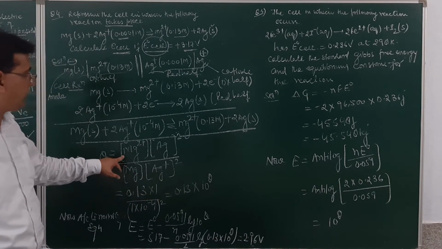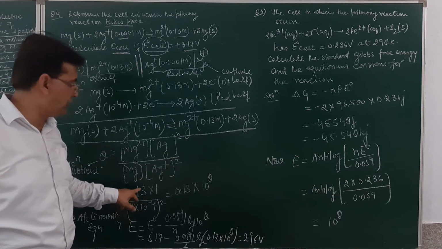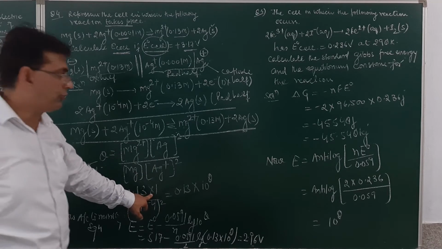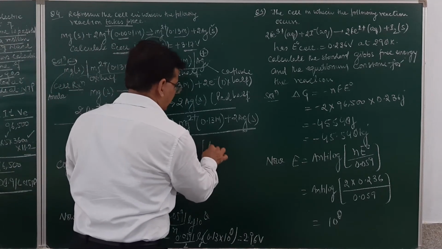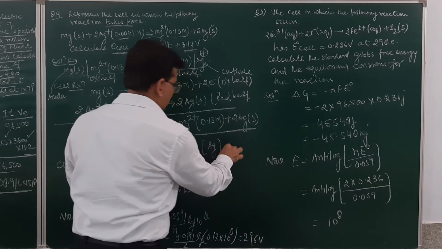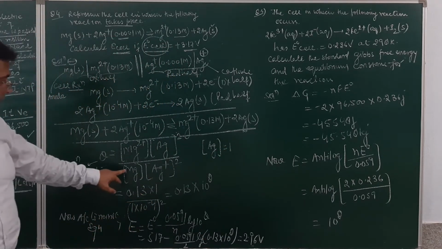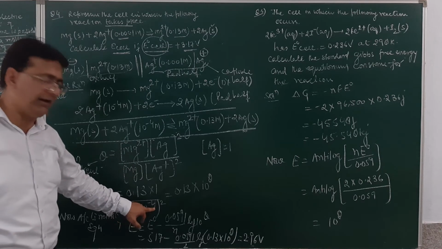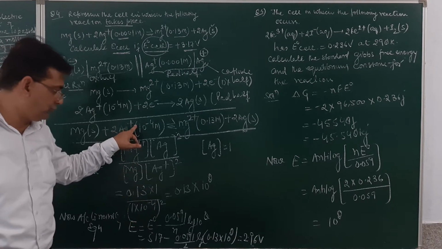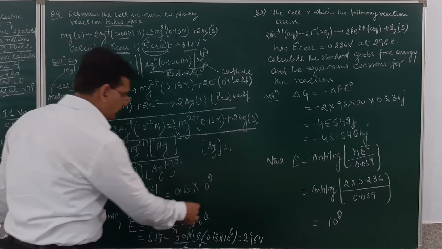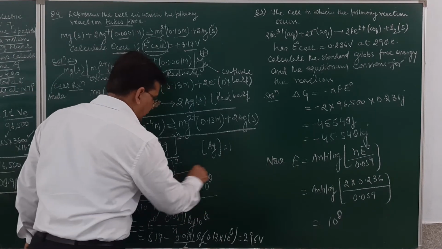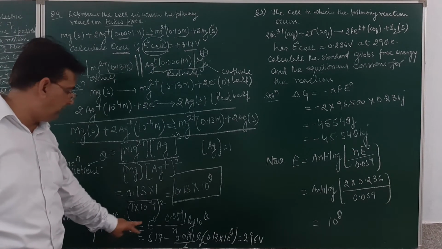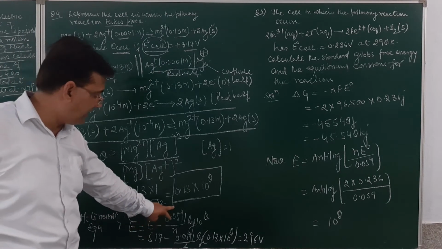What is the concentration of magnesium ion? 0.13. What is the concentration of the solid electrode? It will always be 1. So the concentration of a solid electrode, always remember, is equal to 1. Then magnesium again is solid, so 1, into silver ion, 10 raised to power minus 4, raised to the power 2. Solving it out, it comes to be equal to 0.13 into 10 raised to power 2. Now putting this value in the last equation, E will be equal to E naught minus 0.0591